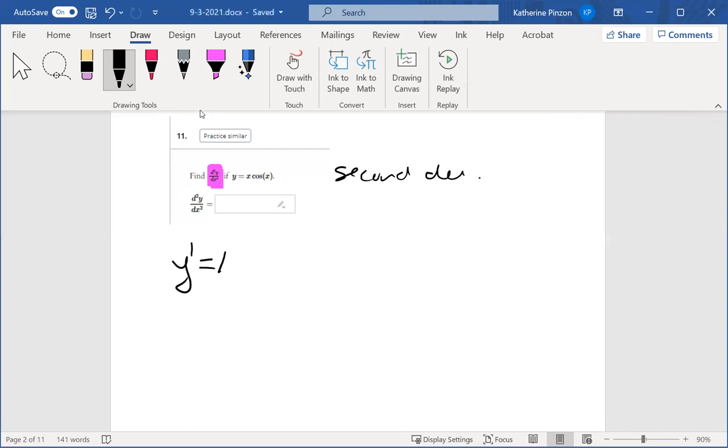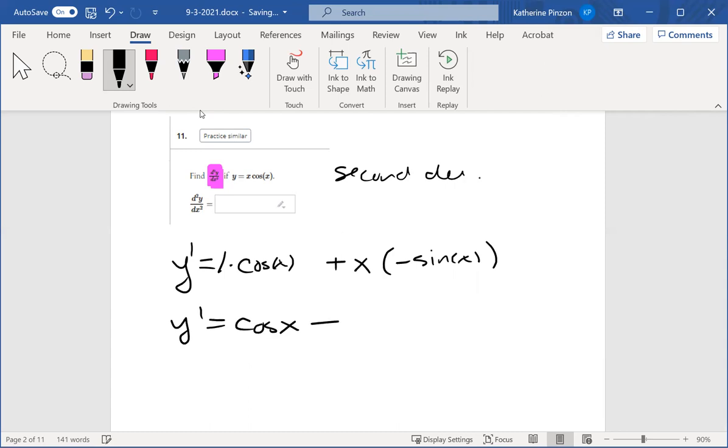Okay, so derivative of x is 1. Leave the cosine alone. Plus x times, what's the derivative of cosine? Negative sine, perfect. Negative sine x. This is one time where I'm going to tell you to simplify, because your life is going to be easier if you simplify when you have to take the second derivative. If you don't have to do anything with it, leave it as is. But if you've got to use it again by taking another derivative or setting it equal to 0 or something like that, then I say simplify. So 1 times cosine x is cosine x. This negative can come out here and be subtraction, x sine x.